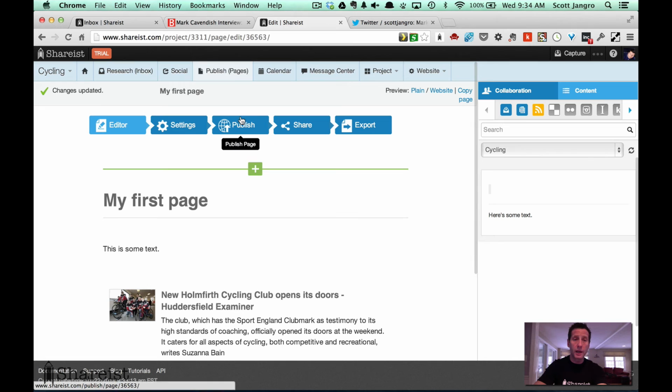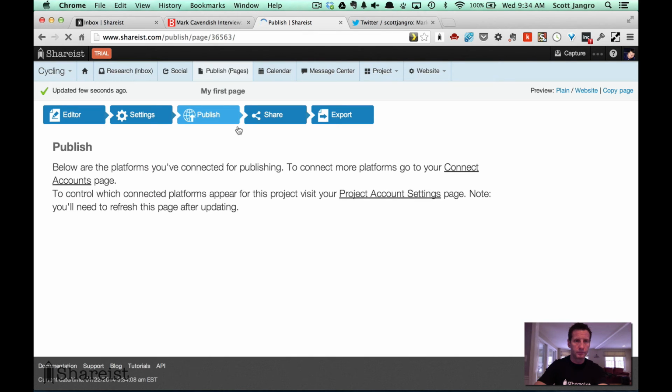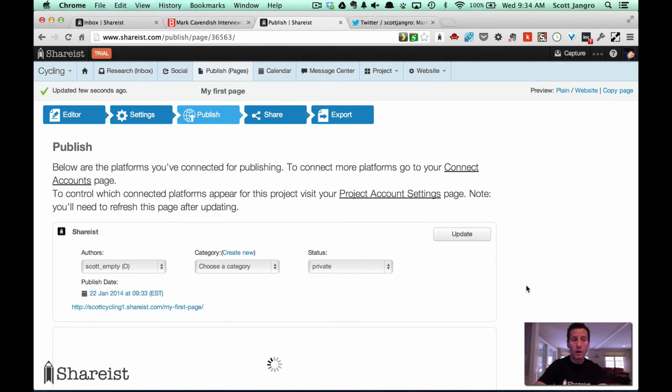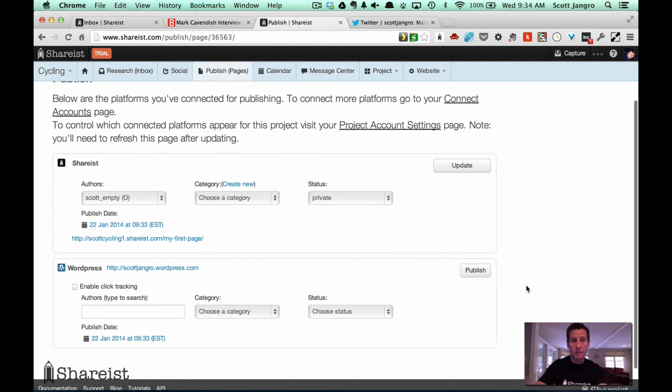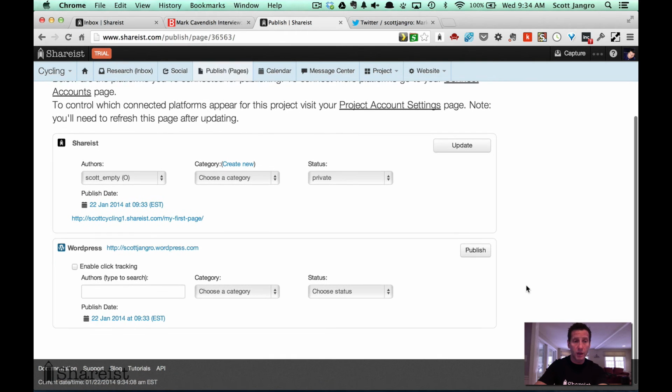So when my page is done, I can then publish it. Click on the Publish tab. And here are all the CMS, blogs, email service providers that I've got connected to my account. I've got this project created, configured as a website. So Shareist is available here as an option. It's private right now. I can make it public and it will be visible on that